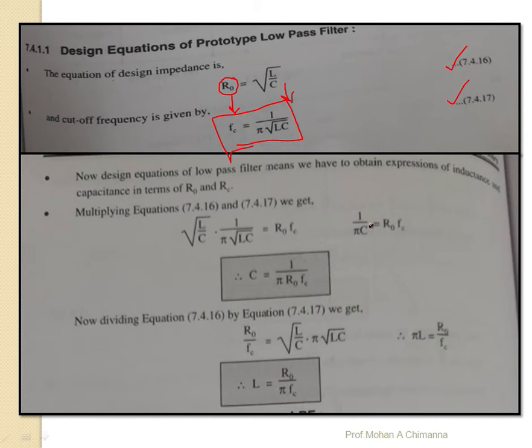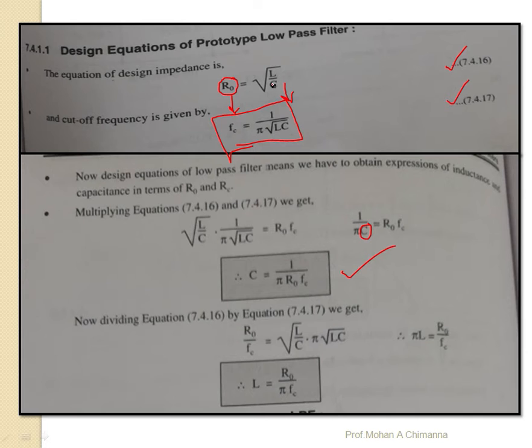Then we have calculated the value of C, which is equal to 1 upon pi R0 fc. That means we form one equation to calculate the value of the capacitor C, which is equal to 1 upon pi R0 fc. So we multiply the equation, then divide the equation. We divide R0 by fc, and once we divide R0 by fc, we get R0 upon fc which is equal to